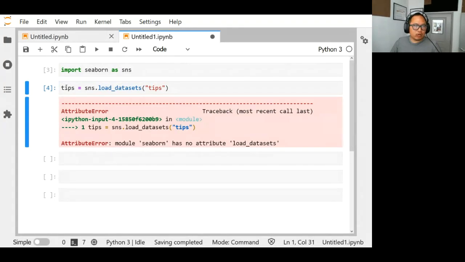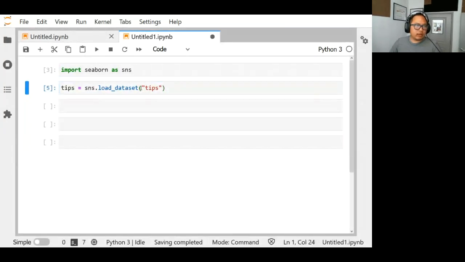So Seaborn load data set has a function called